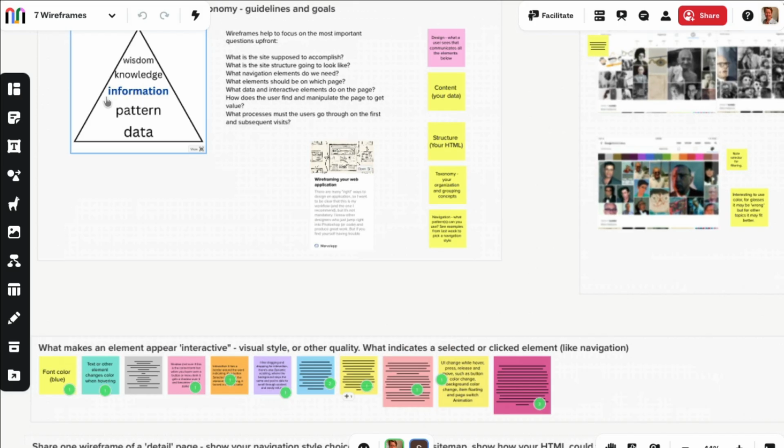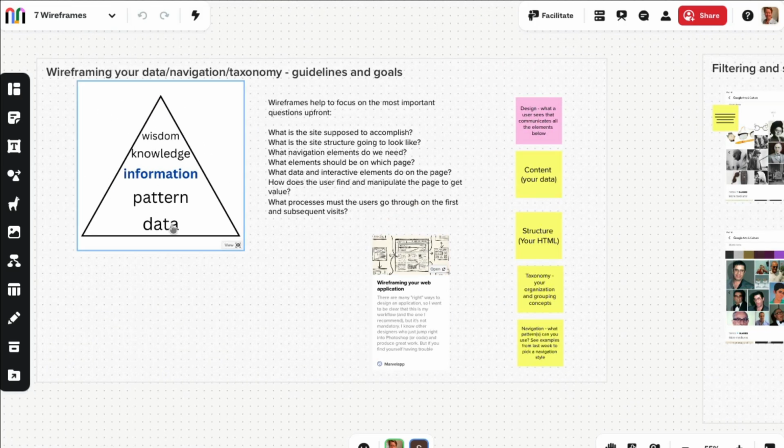That's this thing here, this pyramid, right? So all we know so far is that you have to have data. There's no choice. Everything has to come from a database. And in terms of putting things on a screen, we used to spend a lot of our time thinking about that, but the reason we're not spending a lot of time in this kind of design mode is that most designs are really just themes. If you've ever worked with a CMS, or content management system, I happen to use WordPress a lot, all they really want to know is: what are the words? What's in the menu, etc.? And that's what I'm hinting you guys should be doing.